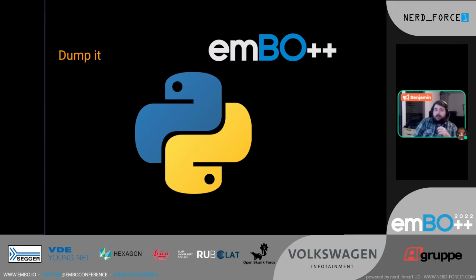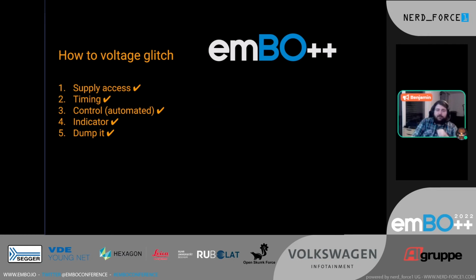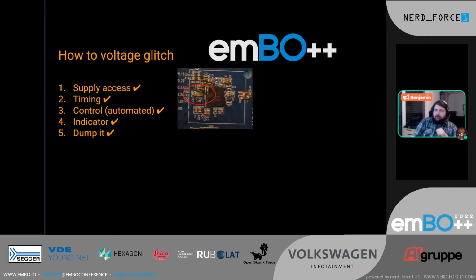The reason I added it directly is we can't really permanently glitch the device. So every time it powers down and we power it back up, we need to glitch it again to get access to the debug interface. So once the glitch worked, I want to instantly extract the firmware, save it to a hard disk, and analyze it later. This is why the Python scripts also take care of it. So great, we dumped it. We are done. Well,